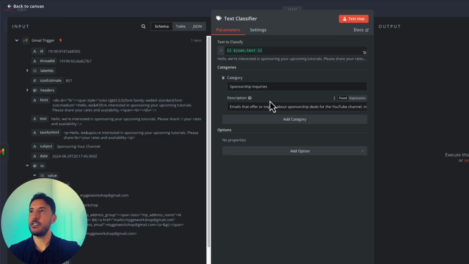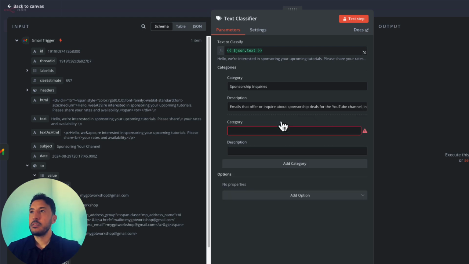You can use ChatGPT or something to come up with these descriptions, because you want to make sure you have a really good description here. That way your text classifier can properly understand and capture all of those important details inside the email, so it can distinguish between the different categories you're putting in. So make sure your description is really thorough, depending on what category you have. All right, so that's done. I'm going to add another category and I'm going to say collaboration with companies.